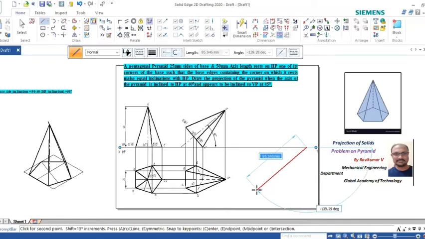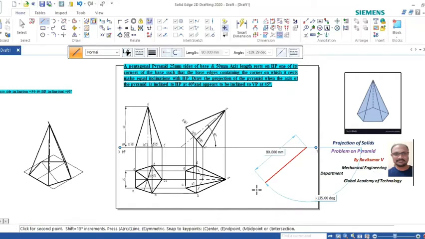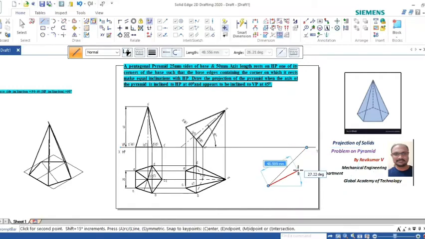You have to give the angle 135. So say the length will be around 80 mm, angle minus 135, enter. So now you have drawn the 45 degree line to VP.